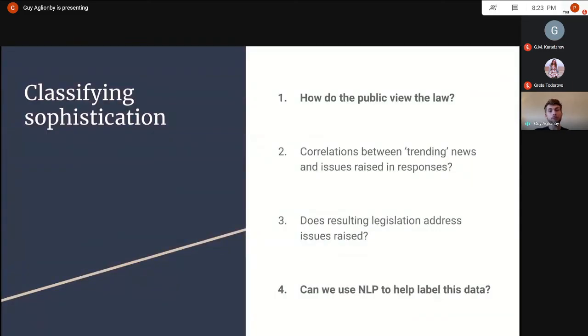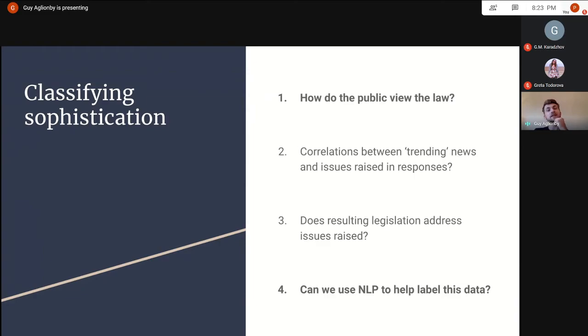So that's topic modeling. That helps us tag all of those news articles automatically without having to do it by hand, and also helps us pick out what the main topics are that people are talking about, and then we can compare that with what the legislation actually is about. Sophistication, on the other hand, is going to help us think about how the public view the law. If they're making arguments that are very sophisticated, that are based on the law, that helps us answer the question about how they view the law. But if a lot of the responses don't, then that also tells us something.